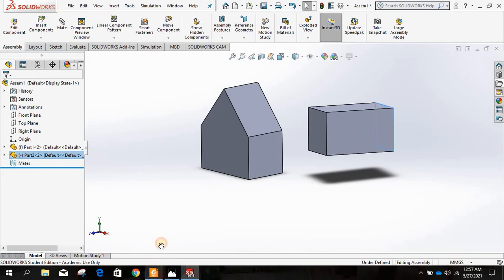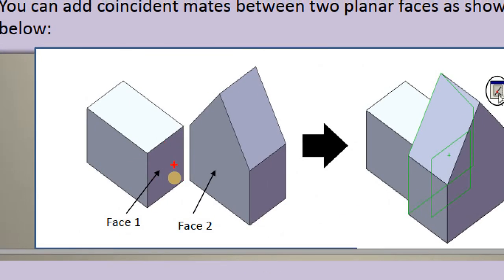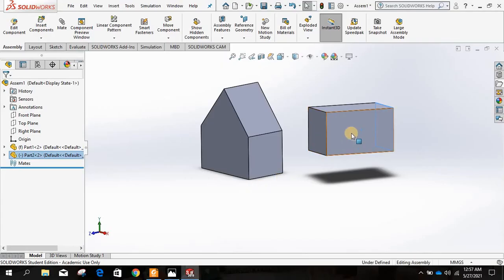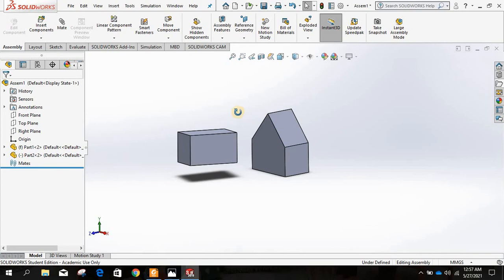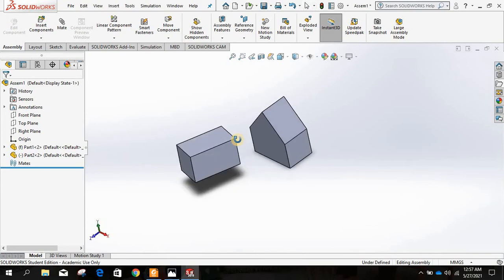Nice. Then we're going to do the coincident mate, meaning that this face will touch this face, and we will make it fixed, meaning that it will not move after we do the assembly. To do that, we're going to need to do the mate. This is where we do the mate. I'm going to move it around first. To rotate everything, you can hold the roller and try to rotate. This is how you rotate everything around.